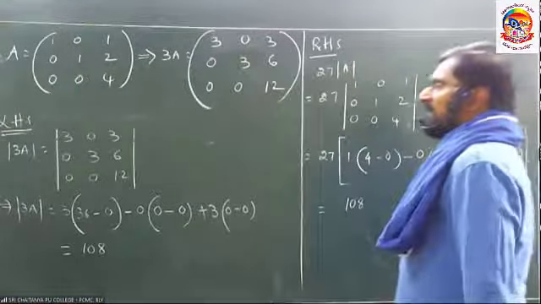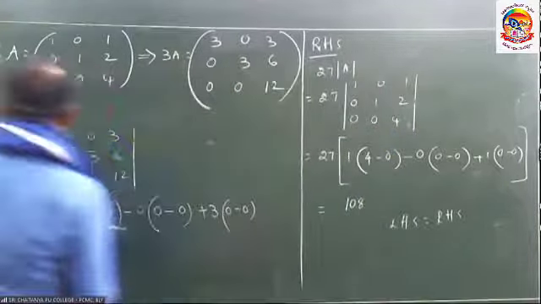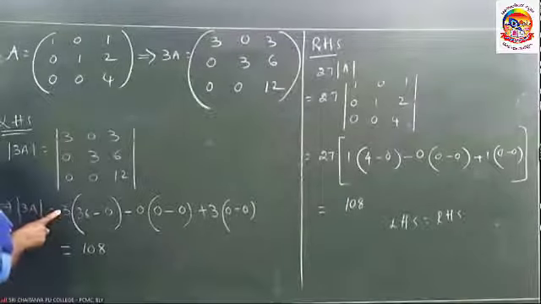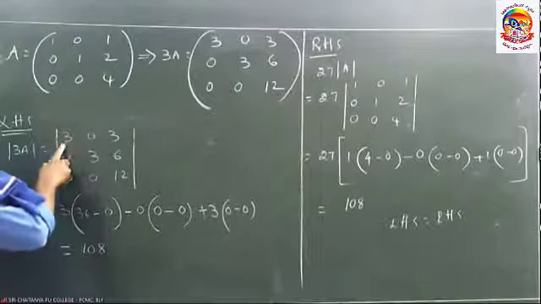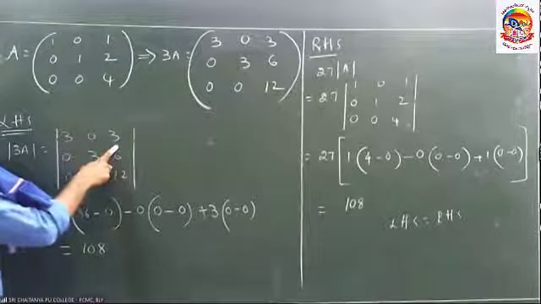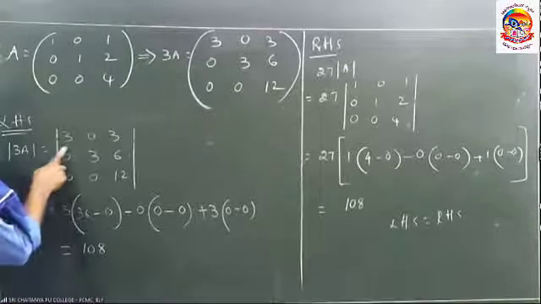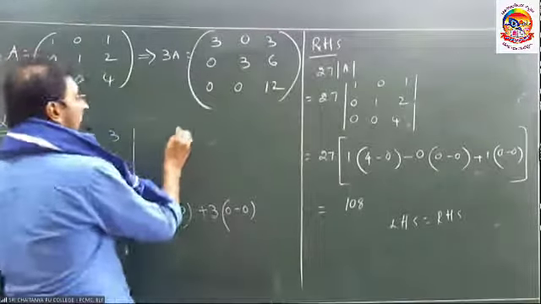Another, I got a good question, sir. We are starting the determinant with a positive sign. Why can't we start with a negative sign? For that one, I am giving the clarification. We are using the first row now. We are using the first row to expand the determinant. If you use the second row, you are going to start with a negative. That means I am going to give you the sign. I am repeating, all of you listen.